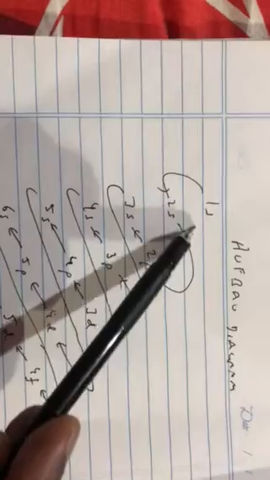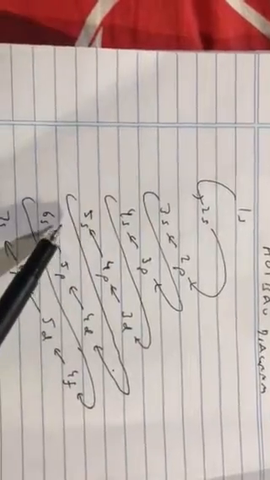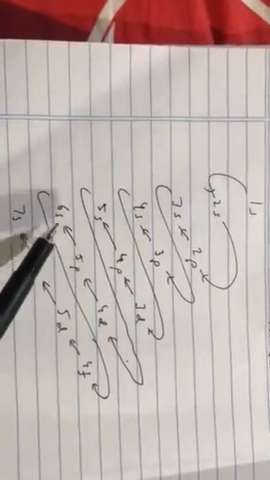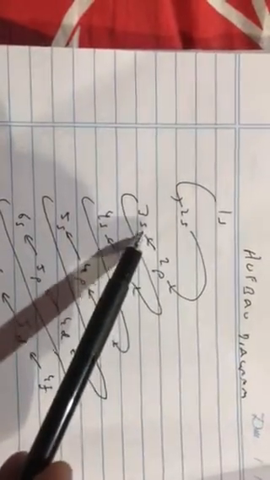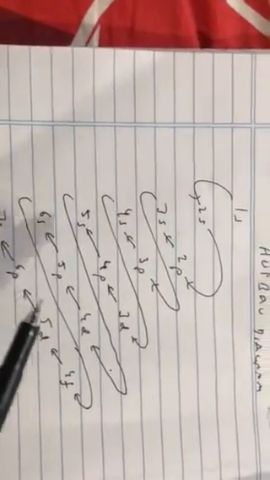You first take a ruled copy, then you write 1s, leave one space, 2s, leave one space, 3s, leave one space, 4s, then leave one space, 5s, then leave one line, 6s, leave one line, 7s. Then between 2s and 3s there is a line, you write 2p over here, then leave the next line, 3p, leave the next line, 4p, leave the next line, 5p, leave the next line, 6p.